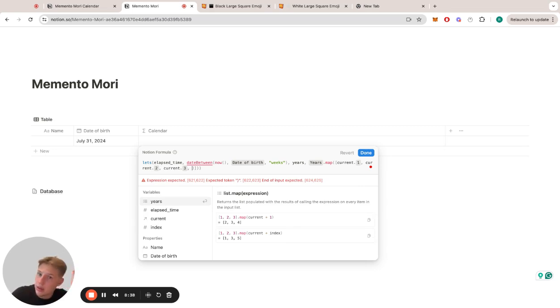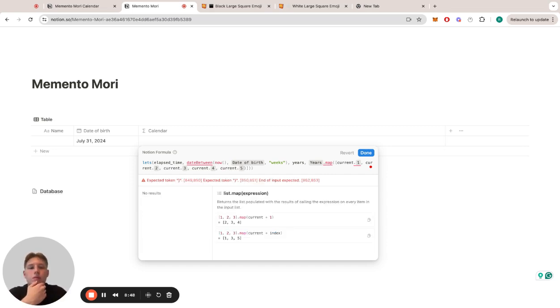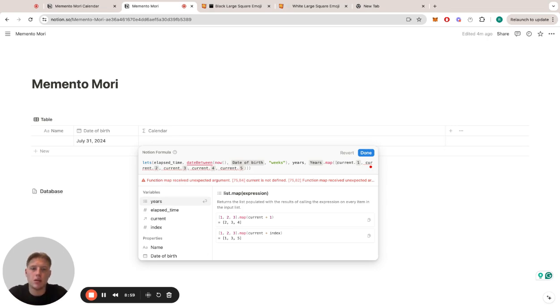So if we have like 5 weeks, it will be easy, but in a real calendar we need to do it for all 52 weeks, and we actually can remove it as an array, so we just map it like, no, we can't. Okay, apparently we can't. So this is our years variable,